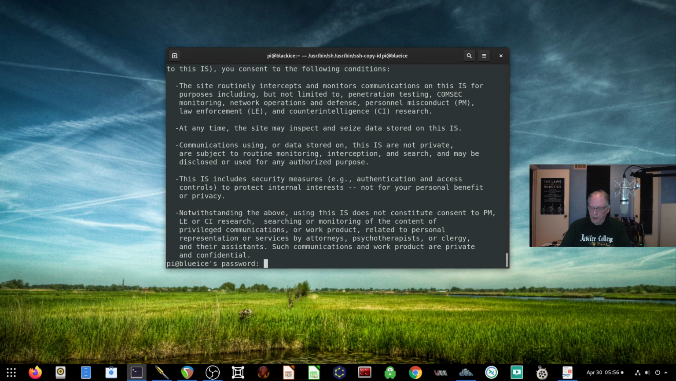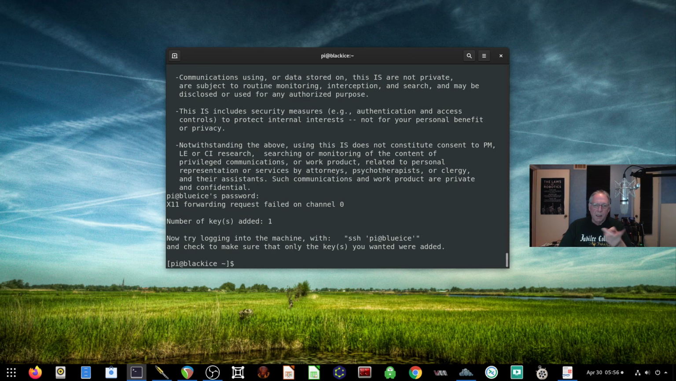And what it's going to do is ask me to log in because it hasn't transferred the key yet. Now it has transferred the key. You can see that it's set. Now the X11 forwarding requested, just ignore that, it's nothing. But the number of keys added is 1. So now I should be able to do